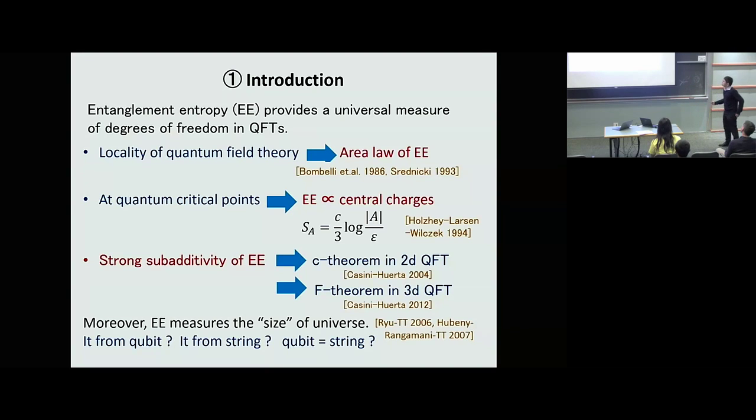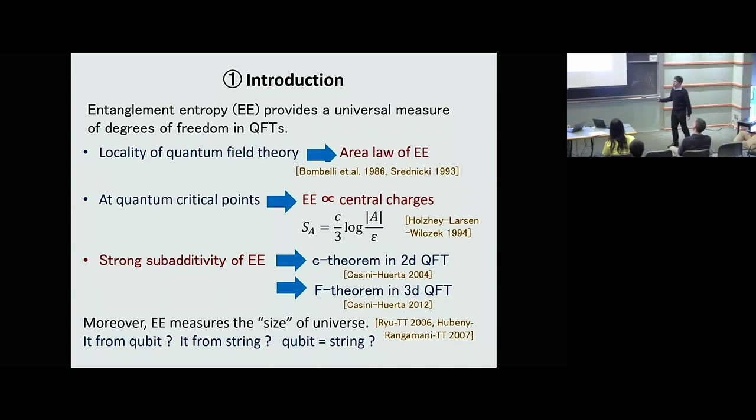So that suggests, also from the gravitational viewpoint, that maybe quantum information is some origin of the universe, like it's from qubits. But of course, this conference is on string theory, and many string theorists believe that it's from strings. So that suggests maybe qubits and strings might be somehow closely related. But this is a huge, really big goal.